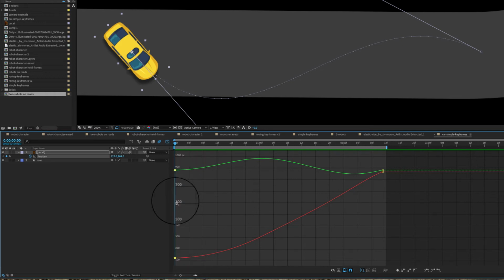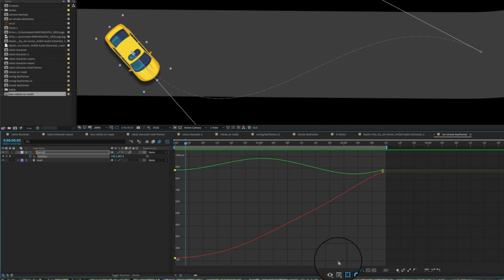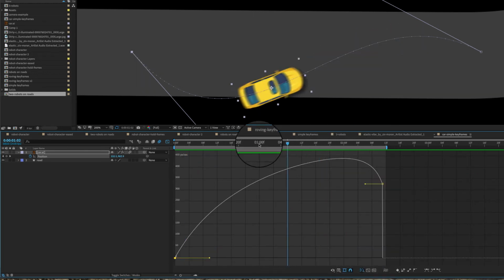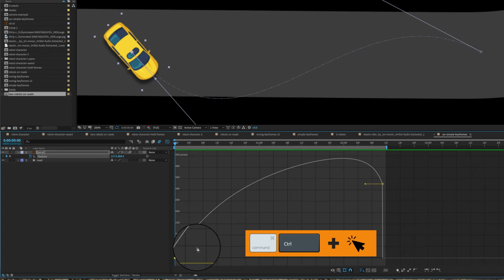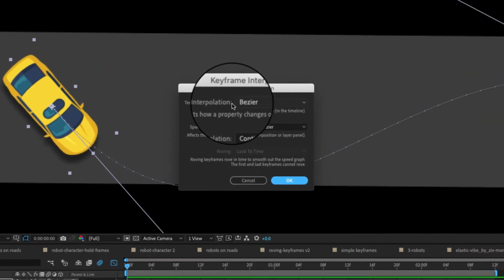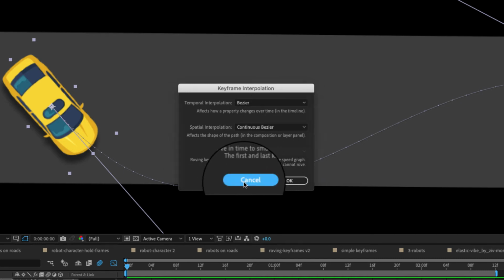Okay, so when I select it, they're both selected because we're changing two properties. So quite often if you go to auto select, this is what's called a speed graph. If we right click, I'm just holding down the command or control key so that we don't delete that key. If I right click and go to keyframe interpolation, we've got Bezier and we've got continuous Bezier for the spatial. So continuous Bezier